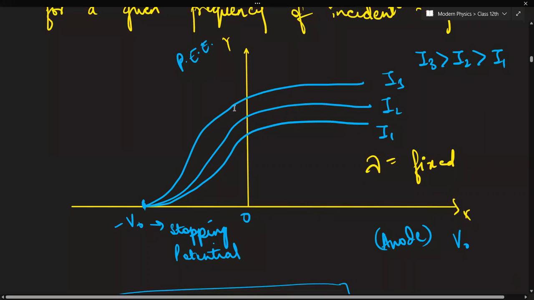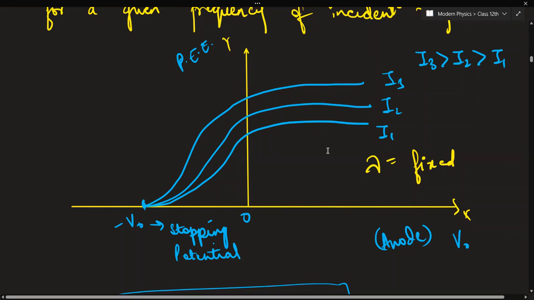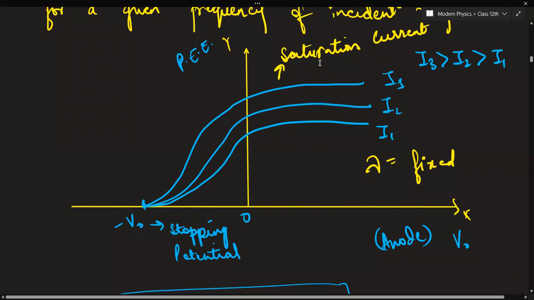But see, it has increased till a stage is reached when the photoelectric current has become maximum, and it does not increase further with the increase in the accelerating potential. This final step is not increased. Also, one more thing, class. This maximum value of the photoelectric current is known as saturation current. You can note it down. In the next graph, I have written it already. Saturation current. So if you keep on increasing the intensity, the graph steepness will keep on increasing above,